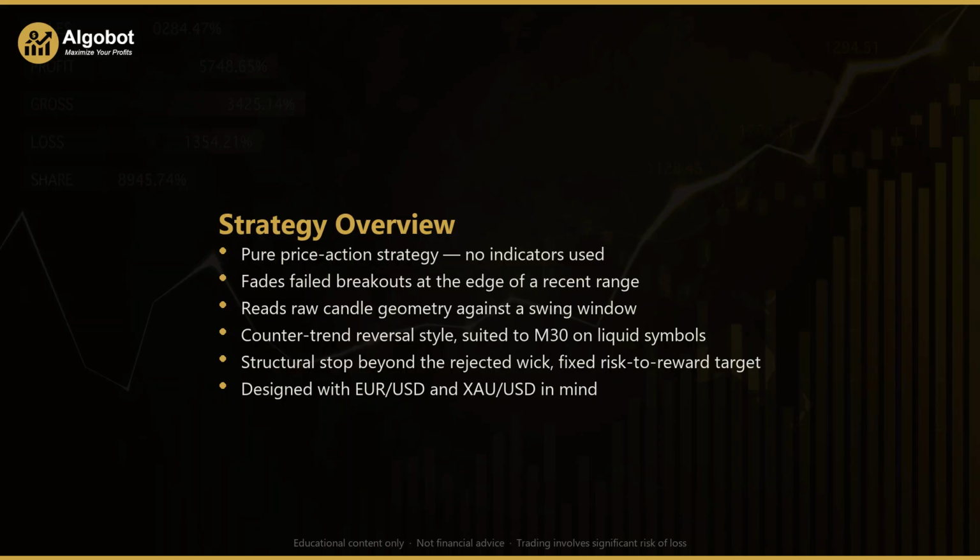What makes this expert advisor distinctive is that it uses no indicators whatsoever. There's no moving average, no oscillator, nothing calculated on top of the chart. Instead, every decision comes from raw candle geometry measured against a swing window. The expert advisor looks back over a defined number of recent bars, finds the highest high and the lowest low of that window, and then studies the most recently closed candle to see whether it probed beyond that range and